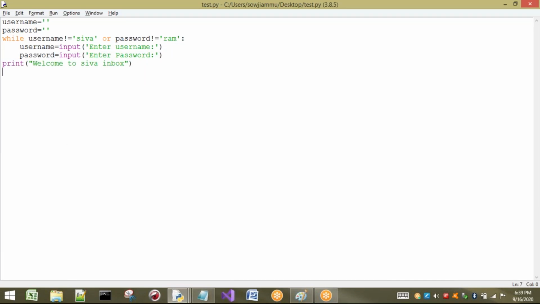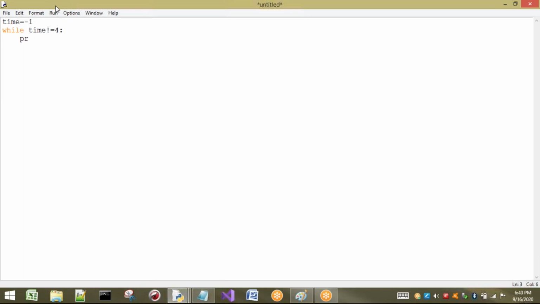Just I will write a small program for this one. Our working hours are, for example, from 9 to 4. So here I am going to take some value, time equal to -1, for example. Here I want to write while time not equal to 4. If this condition is true, then I will enter into this one. Then what I have to do?